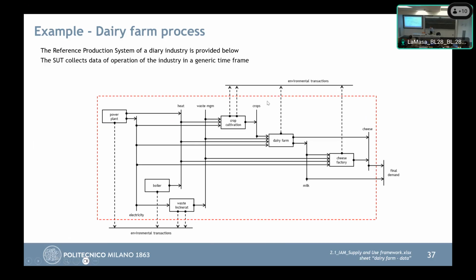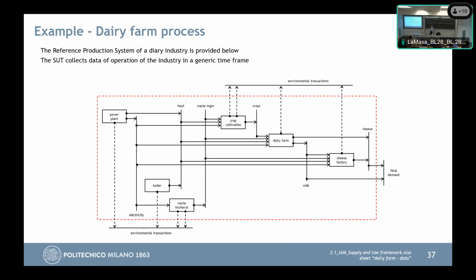So we see that we have products, technologies, we have some environmental transactions. We will see later on which type of transaction are connected here. We have the power plant. Okay, how many technologies are producing more than one main output? So what are the multifunctional technologies here? The power plant, that is producing heat and electricity, okay? And then we have the dairy farm that is producing cheese and milk,